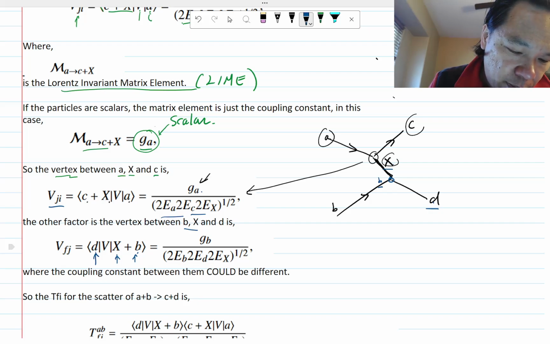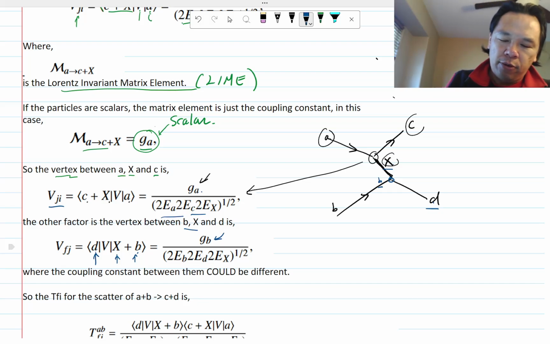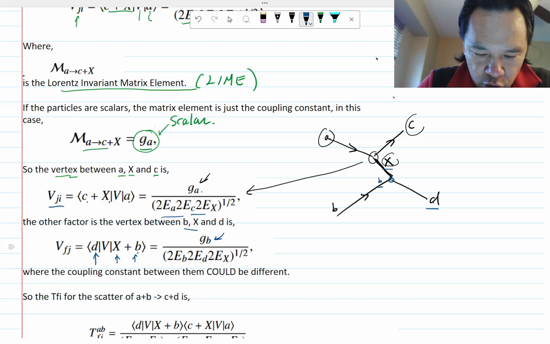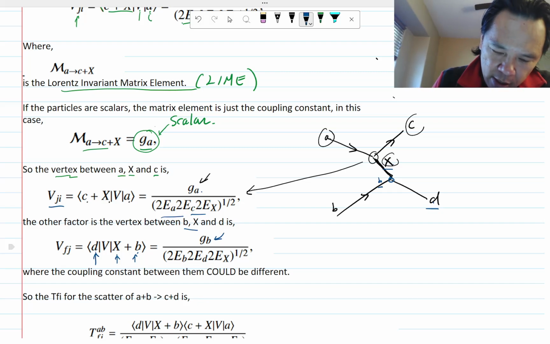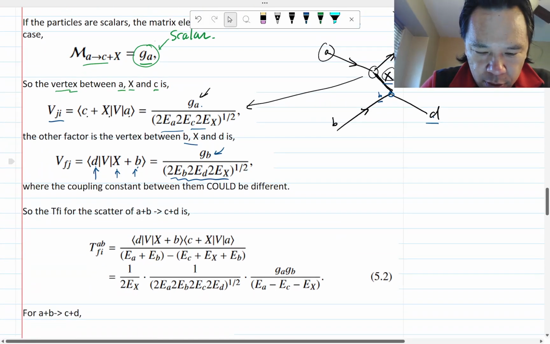If the particles are also scalars on the other side, this will also be just a number. Let's call that GB just in case those are different. Once again we have to divide by the square root of 2 times the energy of all the